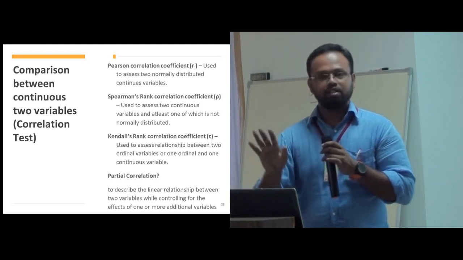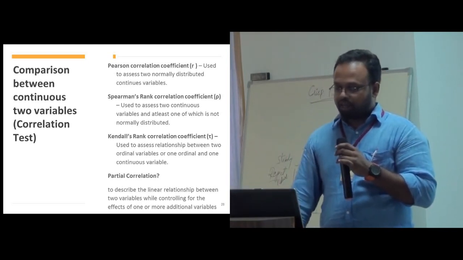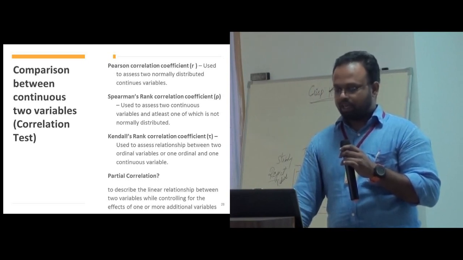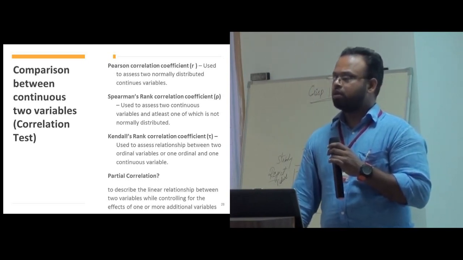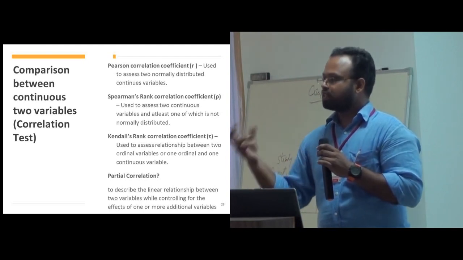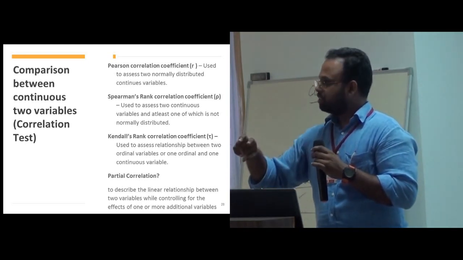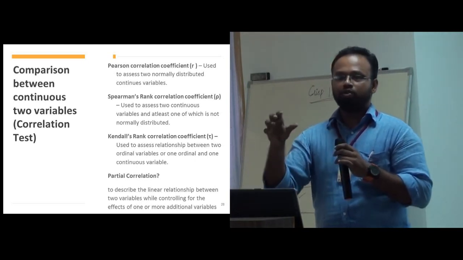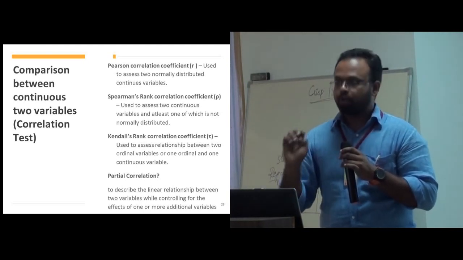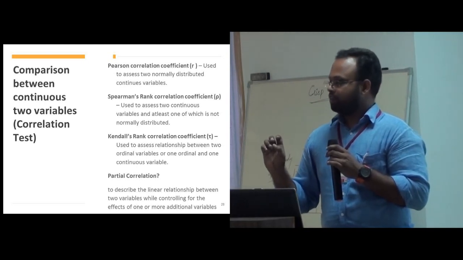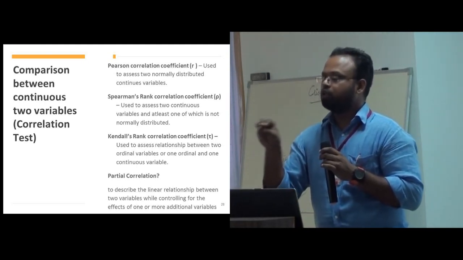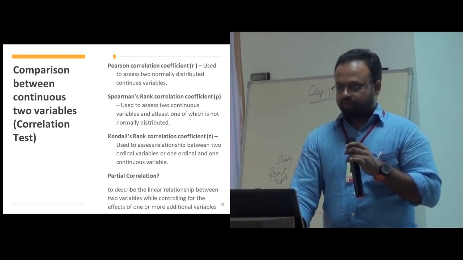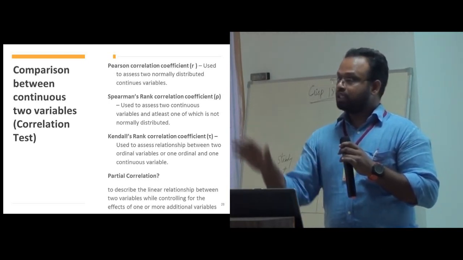So the basic idea is this. Partial correlation describes the linear relationship while controlling for some variable. Suppose you are studying age and income, but you want to control for expenditure, then you should use partial correlation. Okay, if you are controlling for something, then you should use partial correlation. I am not going into detail on this. So now that is the correlation.